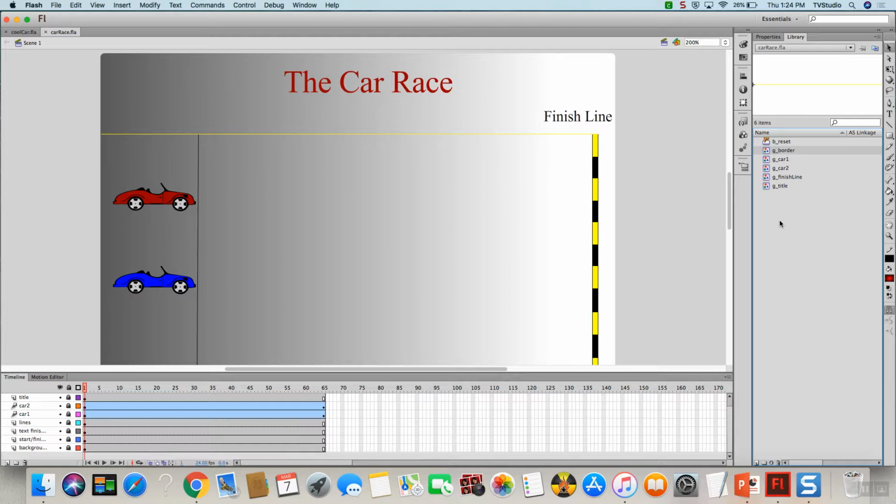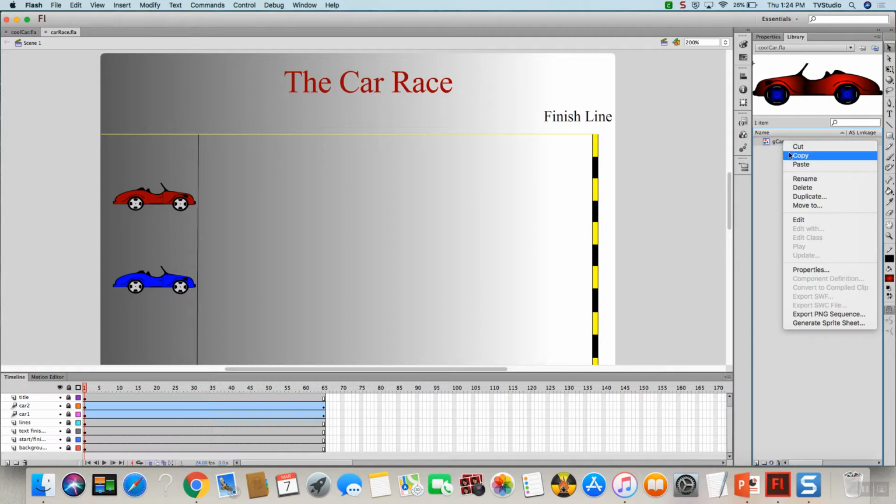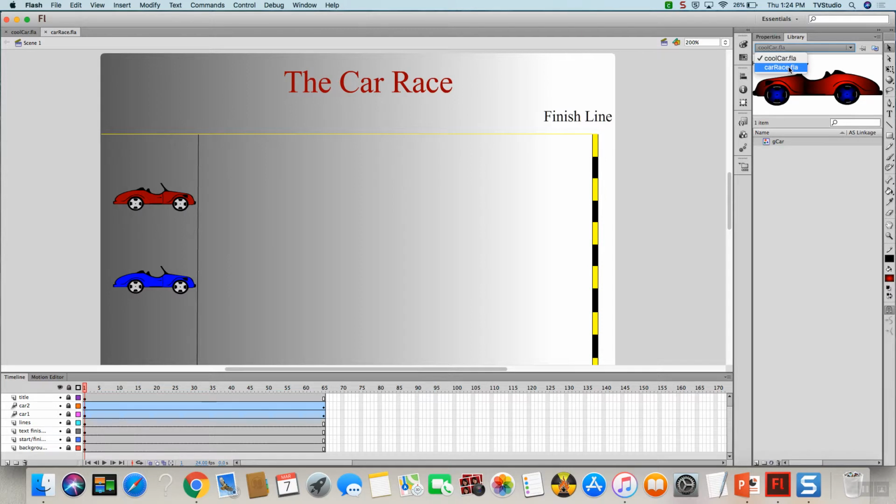All right, so let's say that I want to also throw in the mix maybe a third car, so that car that we created in the Cool Car Flash. What you guys should notice is in the library panel at the very top, you have a pull-down list. So whatever files you have open, it shows those files. So if I went to Cool Car and I told it to copy that, and then I went back to the Car Race library, I could paste